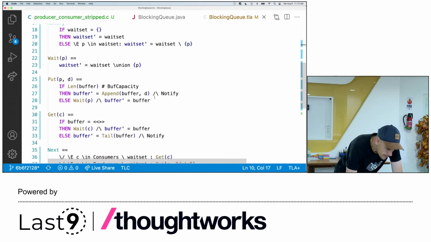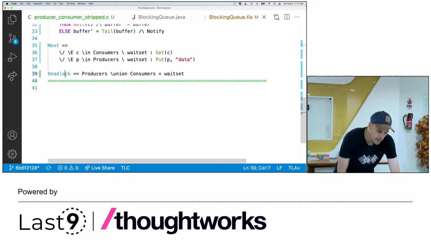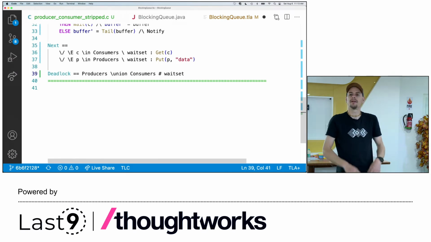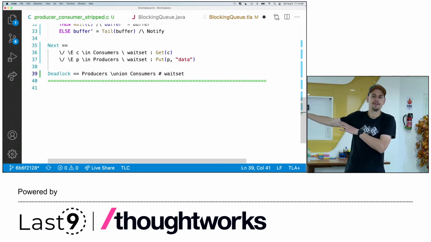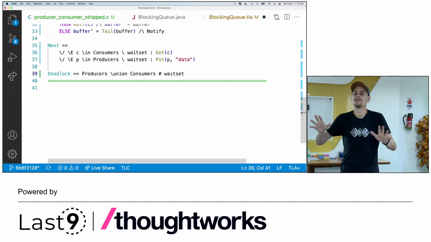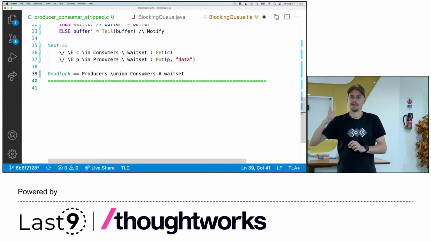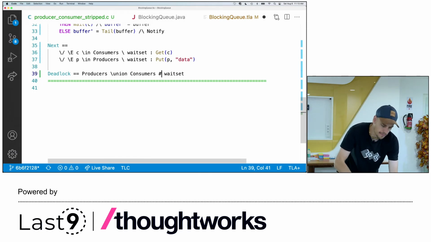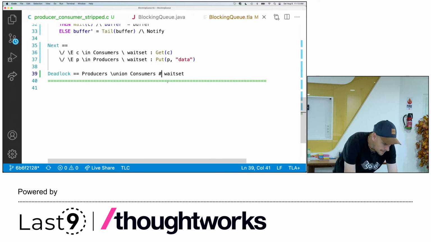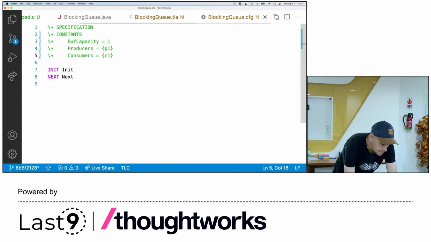So let's use our definition down here, this deadlock definition. But let's just negate it, okay? Instead of saying this is a deadlock, this is the definition now of no deadlock, okay? And we want the tool to find the state where this gets violated, where this is false, okay? That's why I have to negate it real quick. And now if I go to our config file and check this as an invariant,